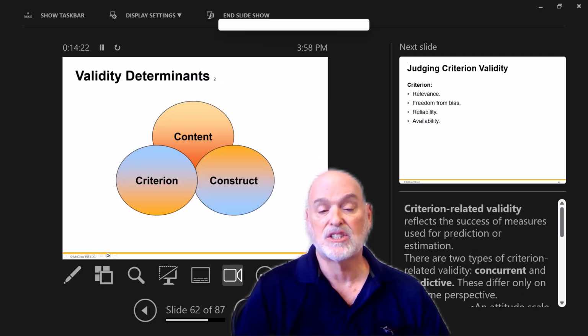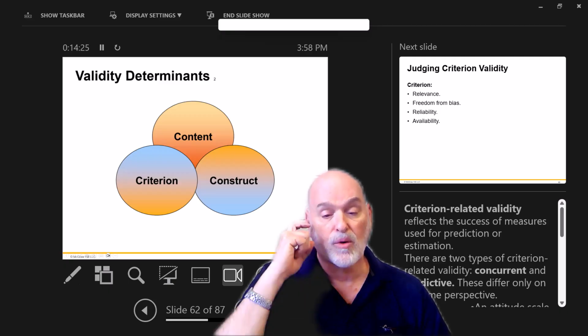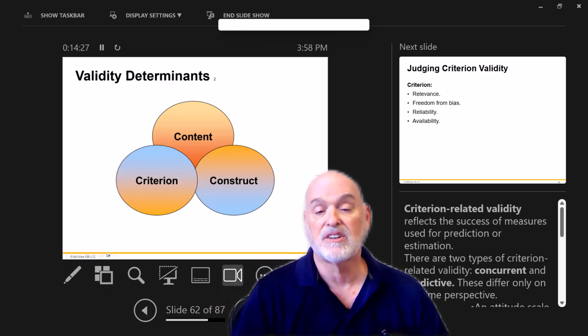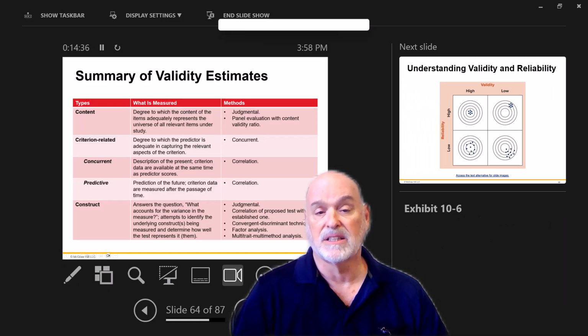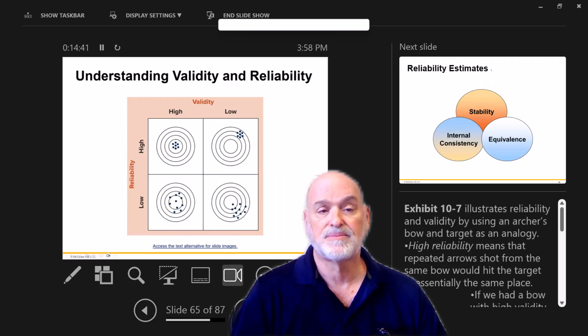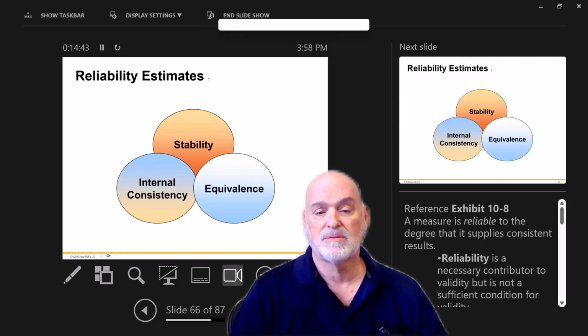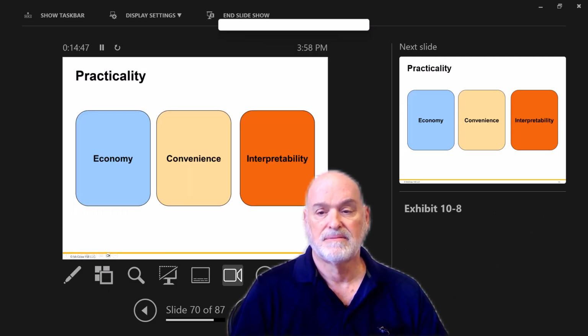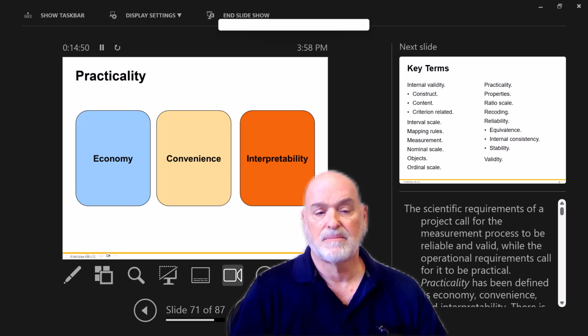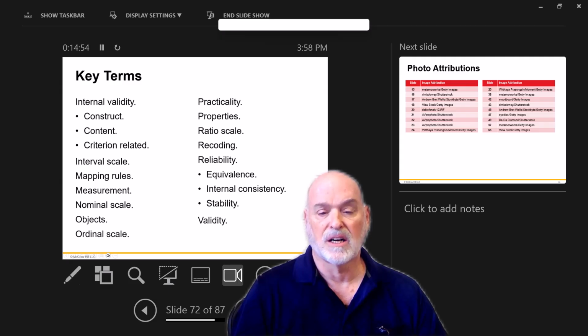So validity determinants are construct, criterion, and content. Judging criterion validity: criterion relevance, freedom from bias, reliability, and availability. This is the summary of validity estimates. We saw this before. And practicality: economy, convenience, interpretability. Here are our key terms,